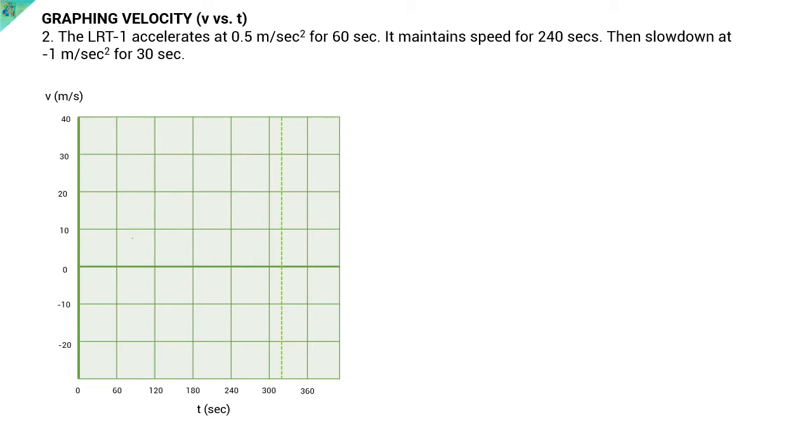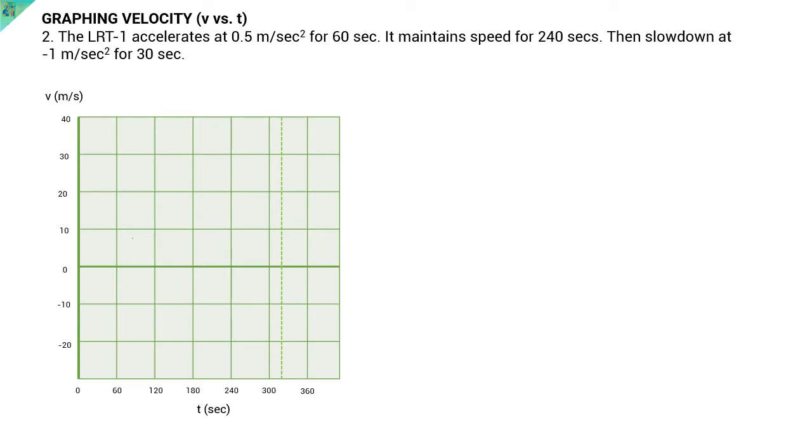Okay, for our next example, example number 2, we still have the same situation, which is the LRT1 accelerates at 0.5 meters per second squared for about 60 seconds. And it maintains speed for about 240 seconds, then slows down at negative 1 meters per second squared for 30 seconds. And if you're going to recall, we have also done that already, right? We have already plotted it a while ago. Okay, so from here, what we're going to do is just to analyze first our situation,